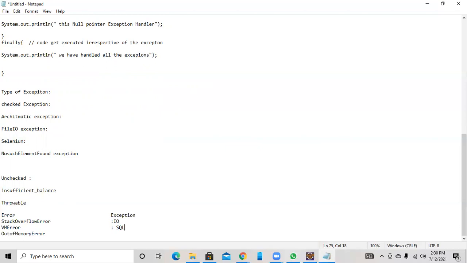Under runtime exception we have arithmetic exception, null pointer exception, number format exception, index out of bounds exception, and array index out of bounds exception. These are called runtime exceptions. Runtime exceptions are a category that comes under the exception category.